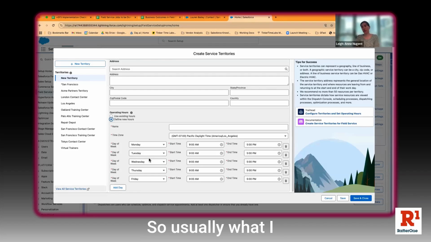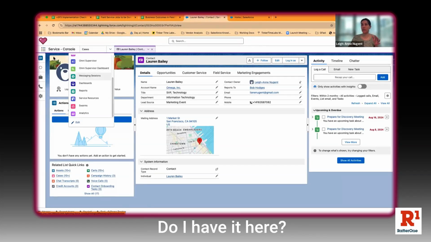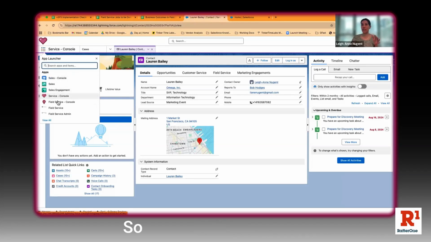So usually what I do when I'm just standing something up is I just go with the operating hours for each time zone. I do make it generic, and for the territories, I do make it one large time block. And then I get into the time zone, because we have to look at the time zone that's captured in the service settings. Do I have it here? Hold on. So in field service settings,